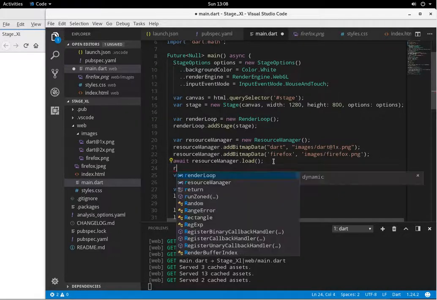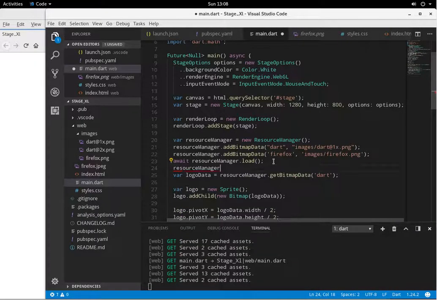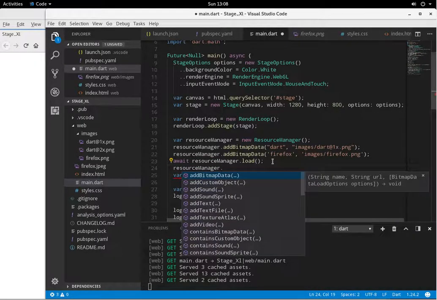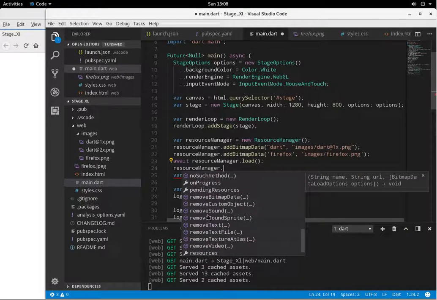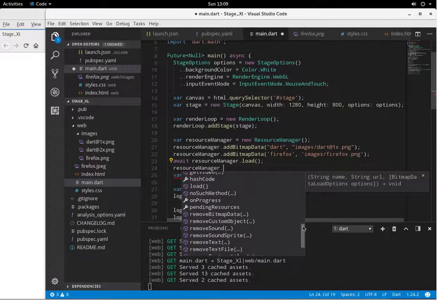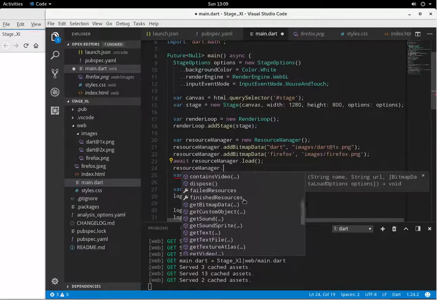So if we look at the methods for Resource Manager, again, we can see add stuff. There's basically 4 fundamental concepts. You add something to the Resource Manager, okay? You remove something, okay? So if you have a character in your video game and the character dies completely, you probably want to remove them, right? Because again, you don't want to take up memory for something that's not going to be useful in the future. You can